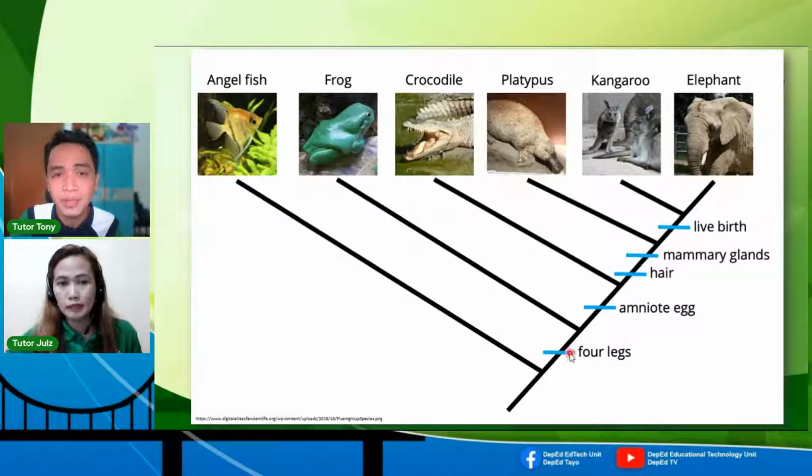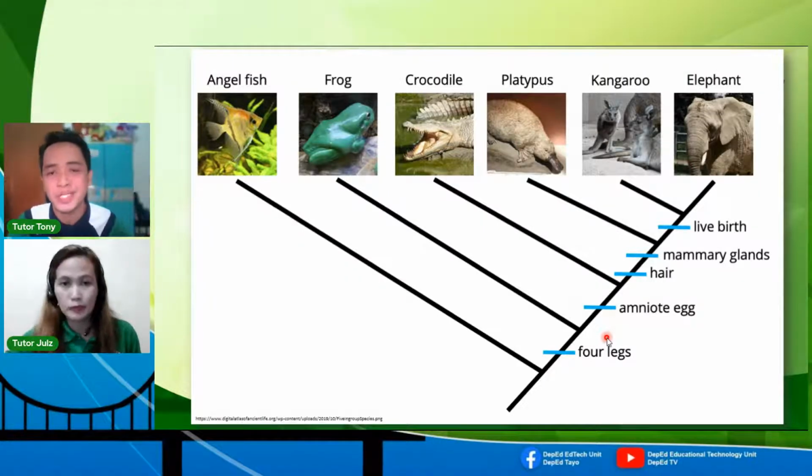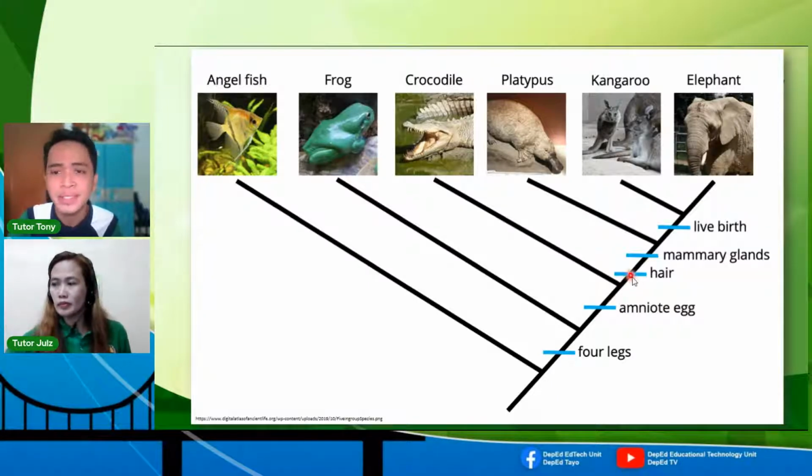So kapag nagkaroon naman ng 4 legs, ayun nga, nag-evolve na from, nagkaroon na ng amphibians. Ayan, so nag-rise na siya, nag-branch out siya ulit. Kumbaga, I hope nakakasunod ang ating mga ka-ELS. Nagsasanga siya, ibig sabihin, nagda-diversify pa siya. Ayun, that's the right word. Nagkaroon ng reptiles because of extinction, parang there's a need para maprotektahan yung mga babies, nagkaroon ng amniote egg. Alright, and then eventually, nagkaroon ng mammary glands, and the iba naging body covering nila ay hair or fur, just like this platypus, one of the egg-laying mammals.